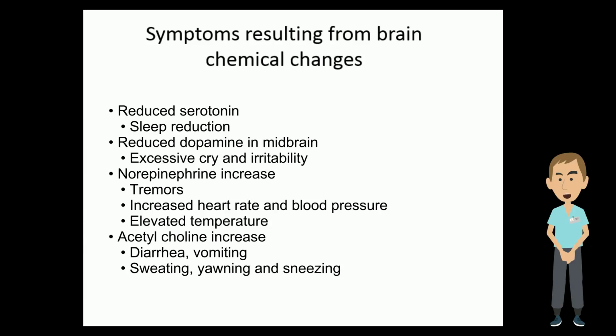The first symptom is sleep reduction. Sleep deprivation in infants experiencing NAS is caused by the reduction in serotonin production in the dorsal raphe nucleus. This leads to interruptions in the sleep patterns of newborns withdrawing from opioids. The second symptom to discuss is excessive crying. Excessive cry irritability is associated with dopamine decrease. Dopamine release becomes decreased from the ventral tegmental location of the midbrain, the dopamine storage location. This drop in dopamine often causes extreme irritability and excessive cry.